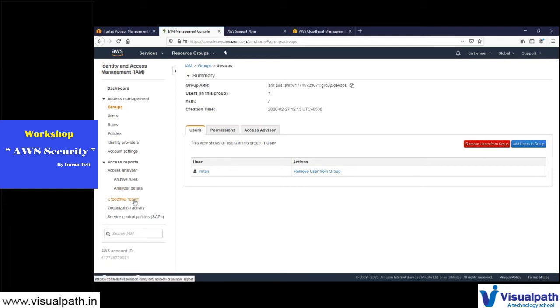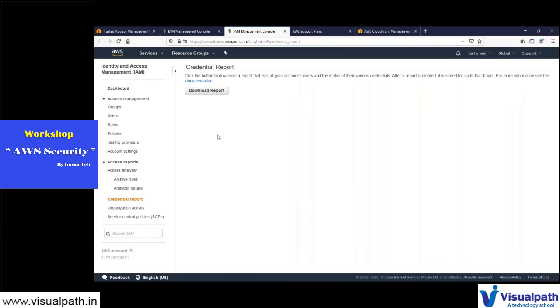There's one very nice thing I wanted to show you in AWS: the credentials report. Generate this today and see what you get. It shows who accessed what. AWS takes care of it, every activity gets recorded, and we're going to talk about recording activities through CloudTrail and so on. But you can really see which user did what and when he accessed the AWS account, so nobody can deny it and say, I did not do it. Roles are for services only.